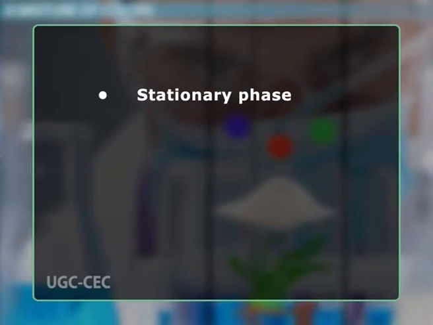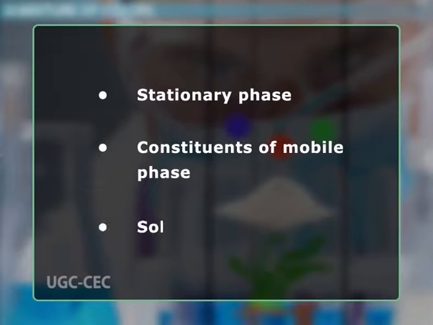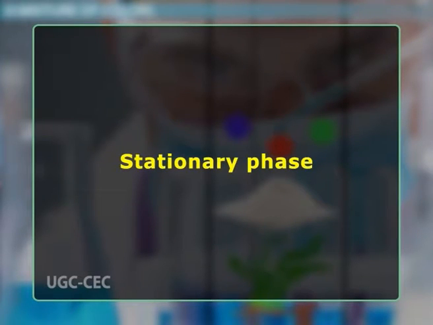In ion exchange chromatography, adsorption and desorption processes are determined by the properties of the three interacting entities, which include the stationary phase, the constituents of the mobile phase, and the solute. Now let us discuss the stationary phase. Selection of a suitable ion exchange matrix probably is the most important step in an ion exchange protocol and is based on various factors such as ion exchanger charge, strength, linear flow rate, sample volume, and sample properties.